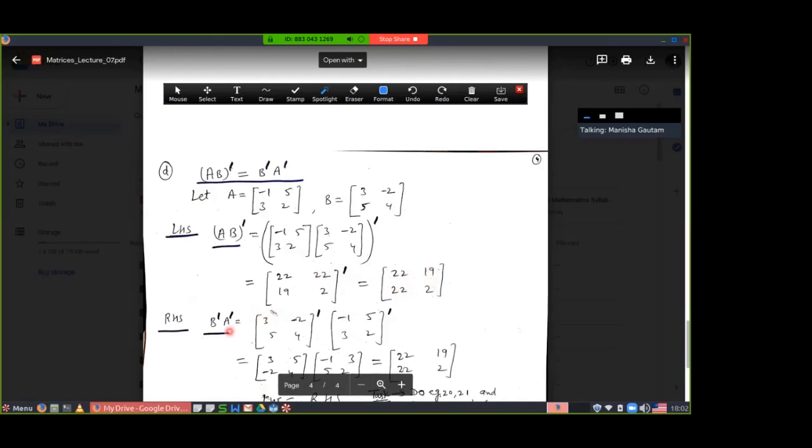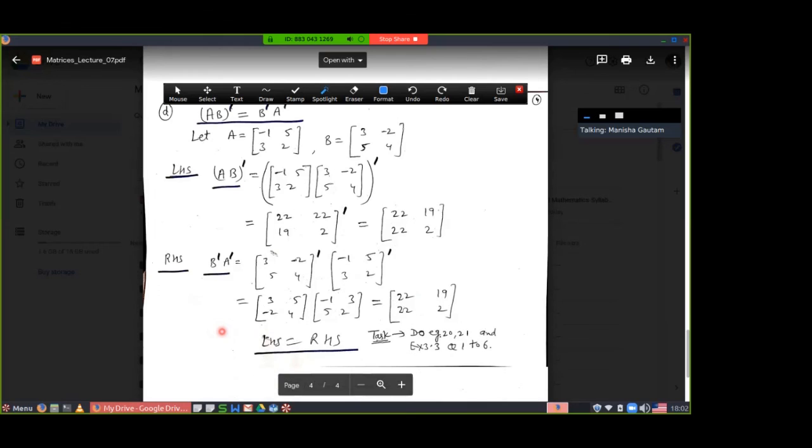Now for the right hand side, you have to multiply B transpose with A transpose. B transpose is 3, 5, minus 2, 4. A transpose is minus 1, 3, 5 and 2. Multiply these two matrices, you will get the same as you got in the left hand side, that is 22, 22, 19, 2. Now on the basis of the above properties verification, you can do example number 20, 21 and exercise